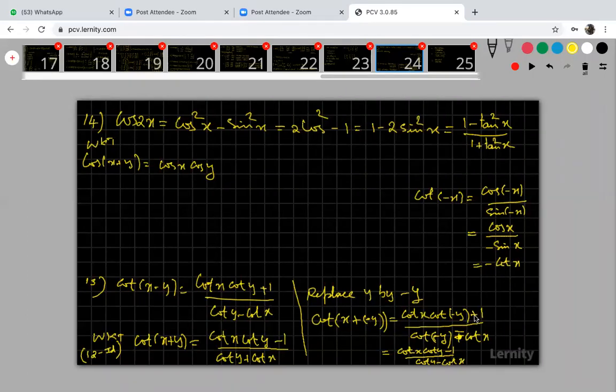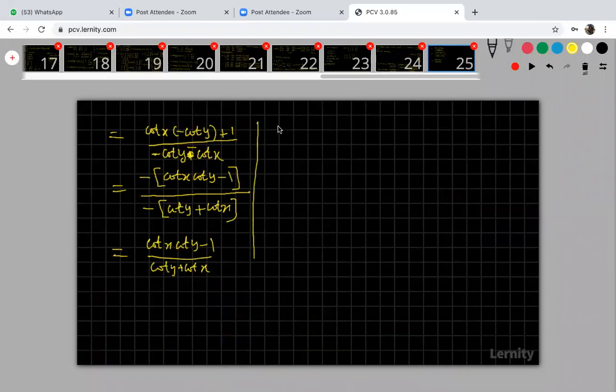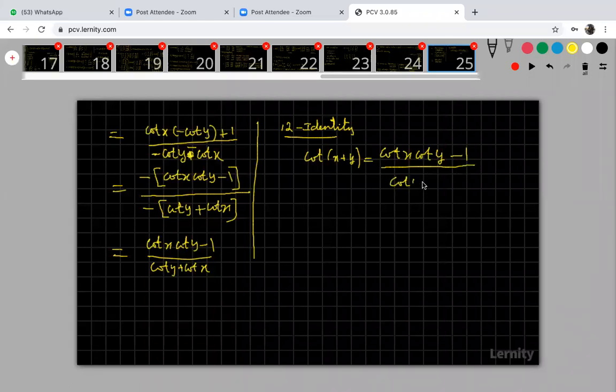Yeah, I'm sorry, this is minus 1 because cot x, this is cot y. Here also plus only. Yeah, please look at that. I'm writing again the 12th identity. What is my 12th identity? Cot of x plus y equal to cot x, cot y minus 1 divided by cot y